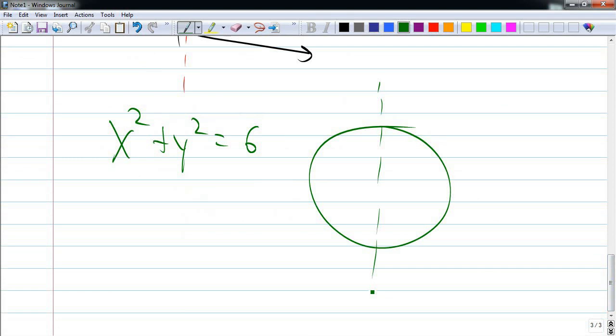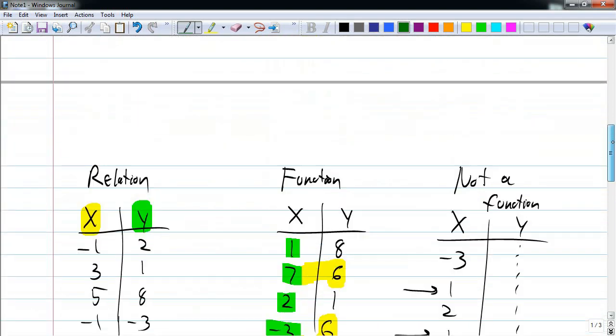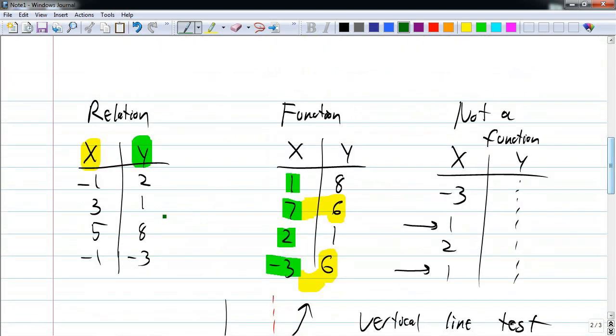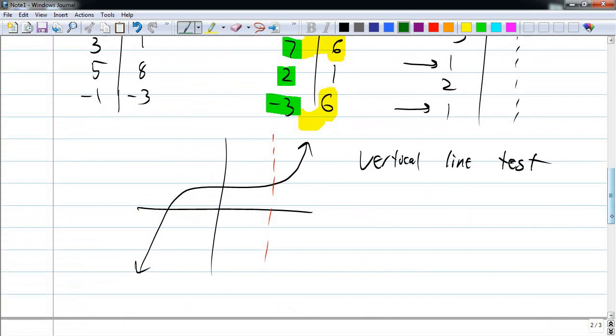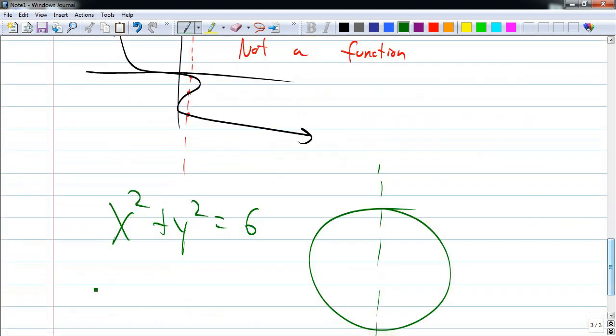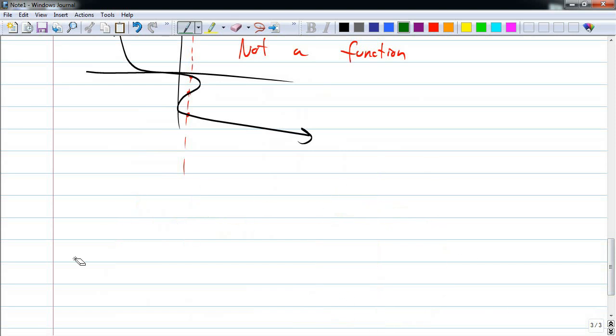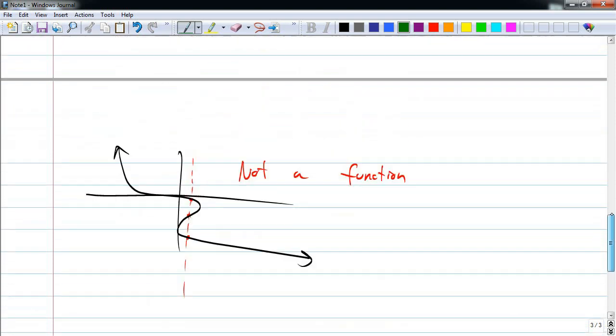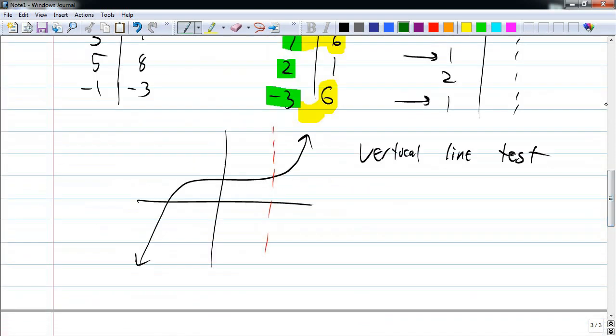Okay, so we have three ways to think about functions: as a list of points, as a graph, or as an equation. And it's the equation where most of the options you can think about are functions. As long as you are not doing anything to y, you're generally okay as far as having a function or not. Okay, so let's shift gears and talk about the